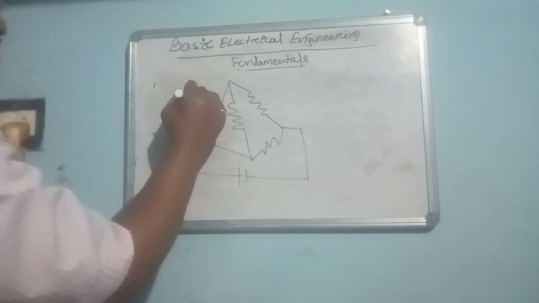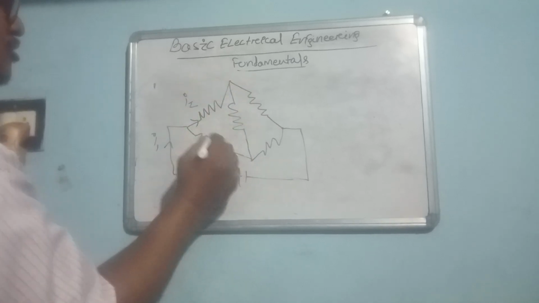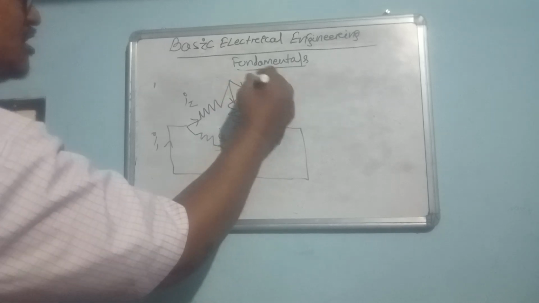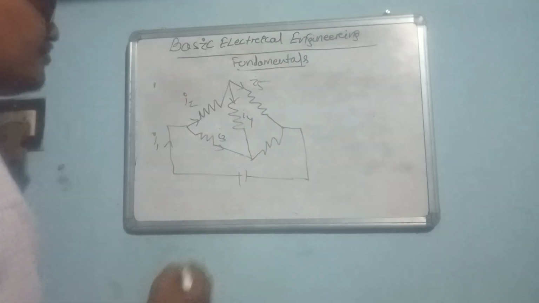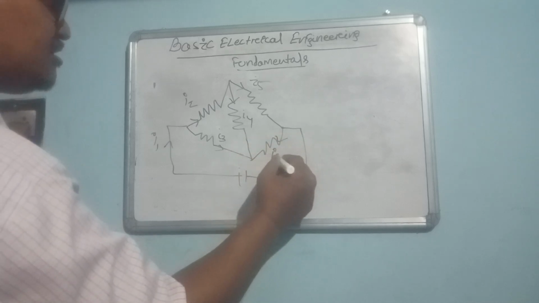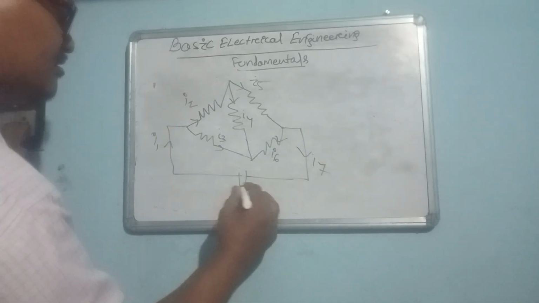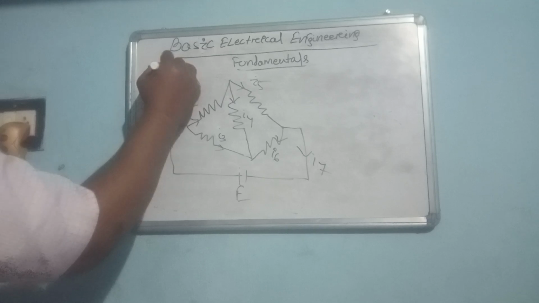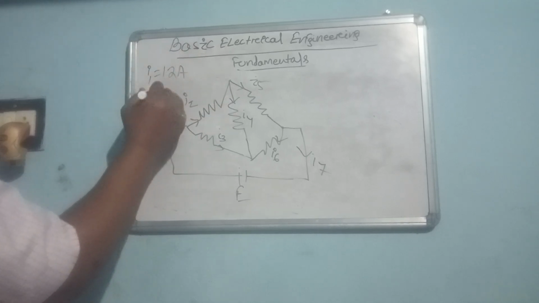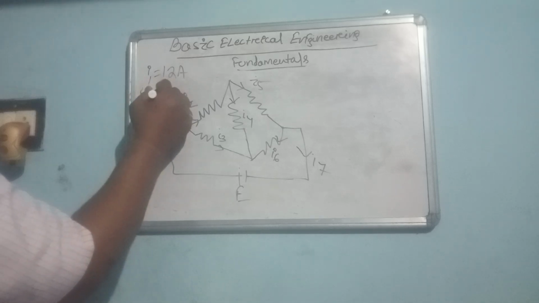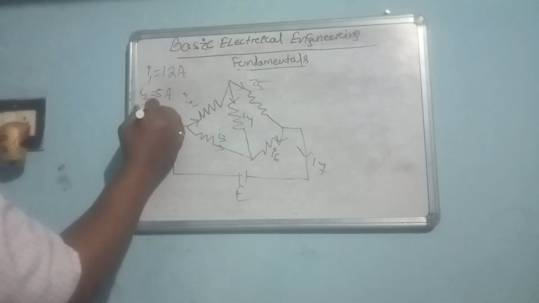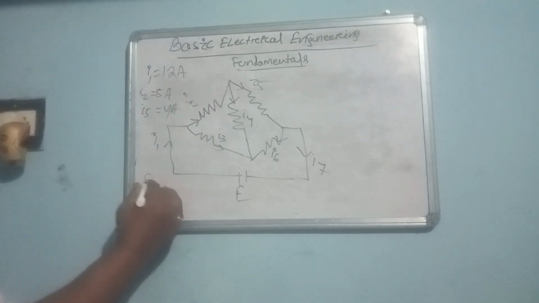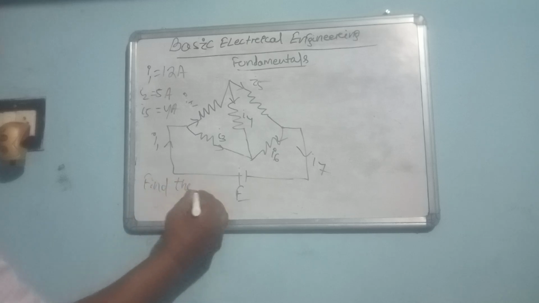Suppose this is I1, this is I2, this is I3, this is I4, this is I5, this is I6, and this is I7. This is the EMF. Suppose in the question I1 is 12 ampere, I2 is 5 ampere, and I5 is 4 ampere,